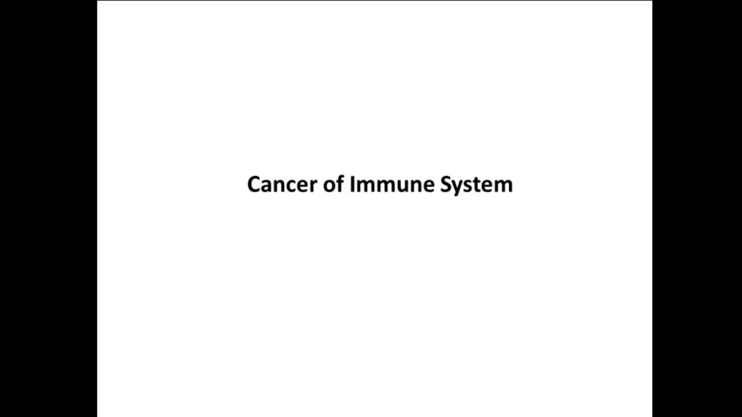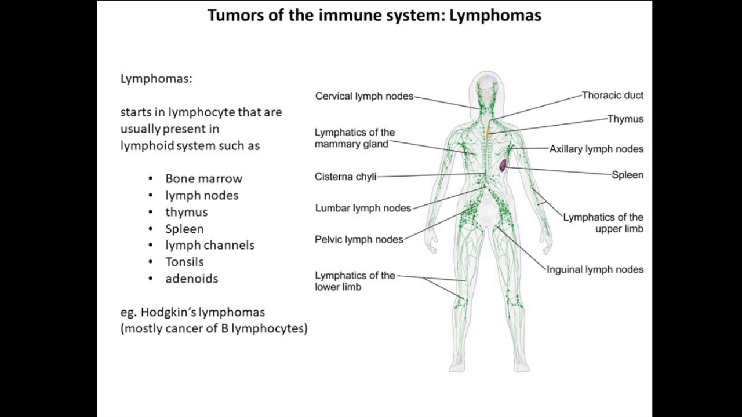Now we shall discuss cancer of the immune system. The immune system can also develop cancer. There are different types of cancers that can occur in the immune system. One of them is lymphoma. In lymphoma, the origin of the cancer is the lymphocytes that are usually present in the lymphoid